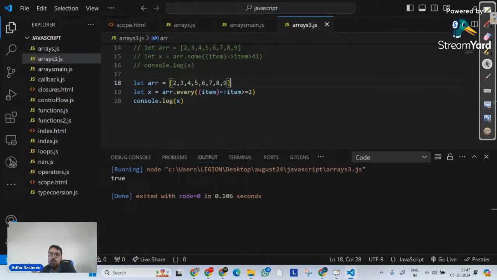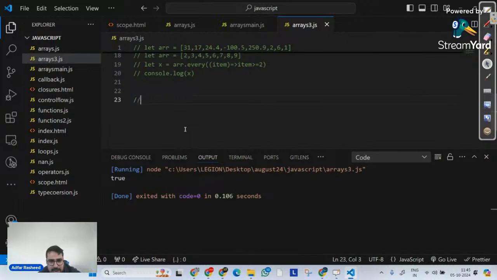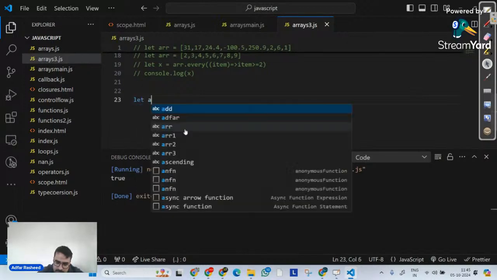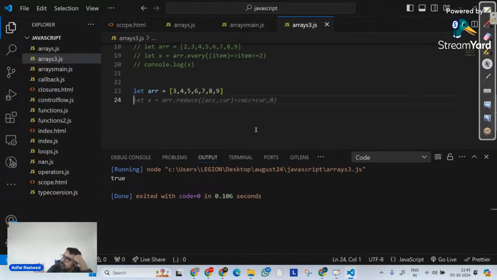Now let's discuss two more methods. Let's suppose I have an array, and that array is simply defined like this. Let my ARR be equal to an array 3, 4, 5, 6, 7, 8, 9. And on this array, I simply want to find some element. Find an element, whether it exists here or not, or find an element that satisfies a particular condition implemented by my callback function. How can I do that? How can I implement that? Let's understand it.